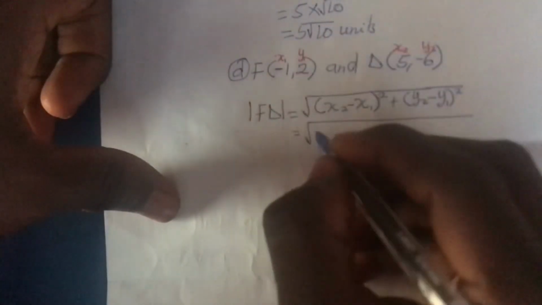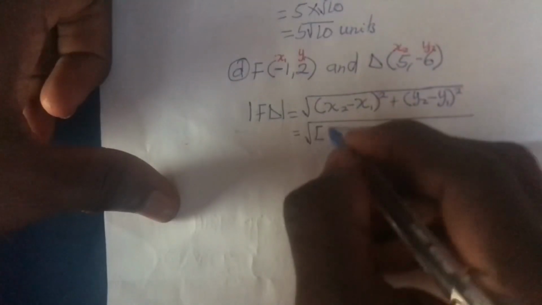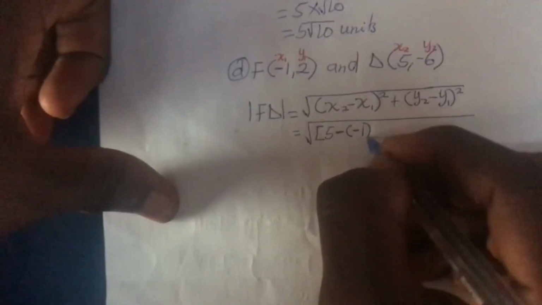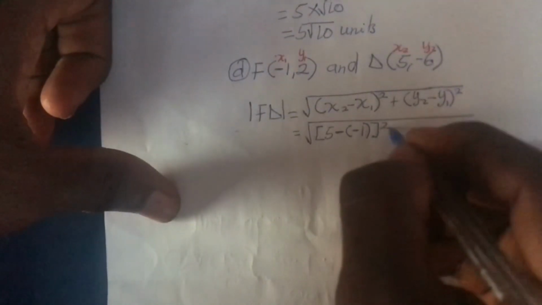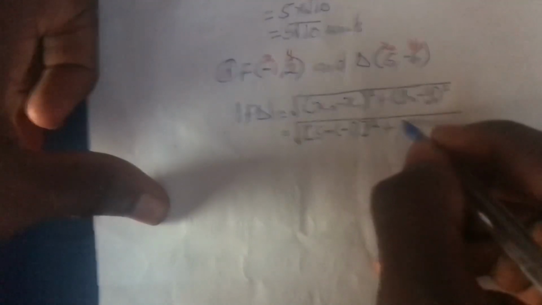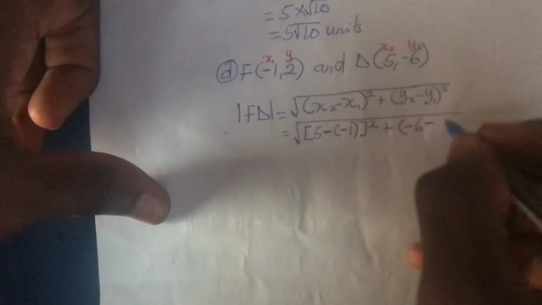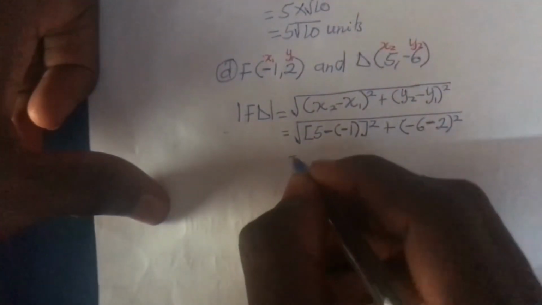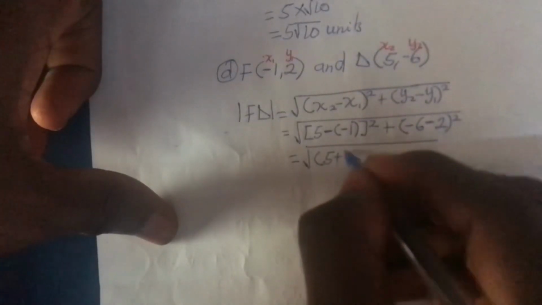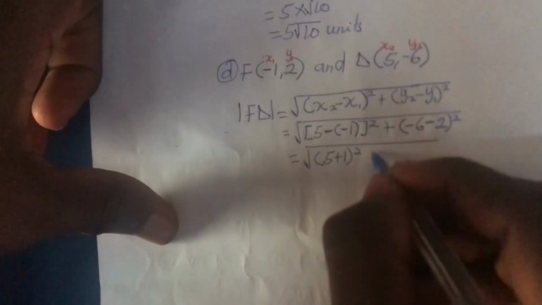So let us just do the substitution. I think I'm seeing a minus here, so I'll bring a big bracket. The X2 is 5 minus X1 is minus 1. I'll put it in a bracket, minus 1, right? Done. All squared, right? Then plus the Y2 is minus 6, minus the Y1 is 2, also all squared. Are you okay? Then let's continue. This becomes 5 plus 1 all squared. I hope you know why the minus became plus 1. Great. Then plus